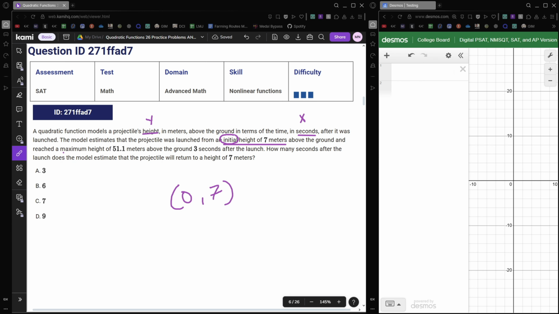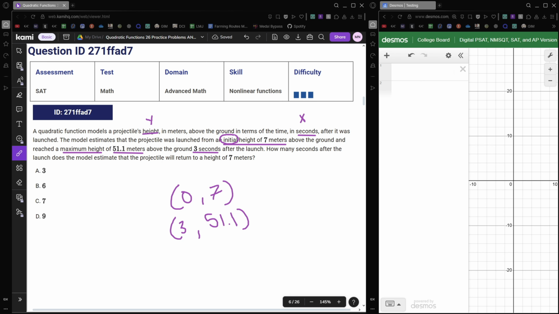Here they tell us it's a maximum height. And whenever you have a maximum or minimum height, that's going to be the vertex. They tell us this vertex is at 51.1 meters and 3 seconds. We know our seconds is our x value, and our height is our y value. Let's continue reading. How many seconds after the launch does the model estimate that the projectile will return to a